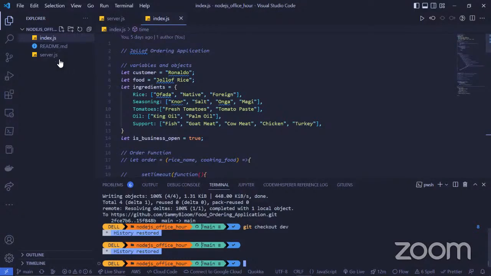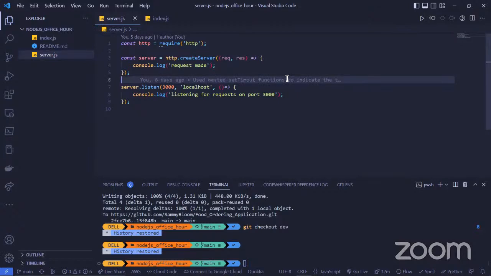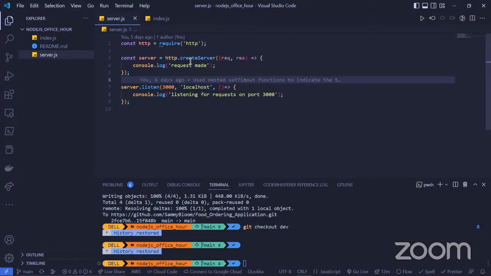We'll just concentrate on, we've been talking about the index.js, but we'll be concentrating on server.js now. For those that have not seen us do this, I will just try to explain what we did here. Basically, we try to create a server using the HTTP module, and we use the HTTP.createServer method, which takes in